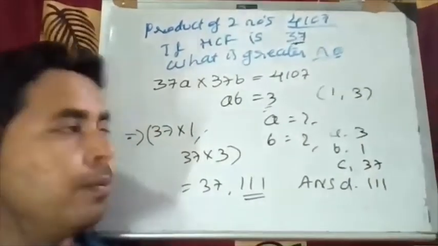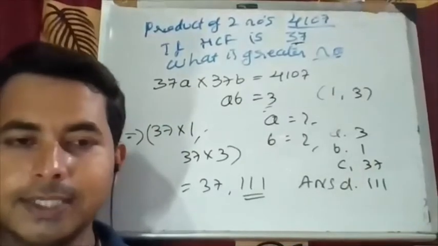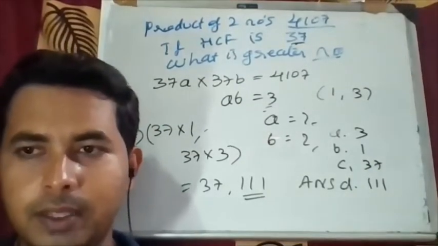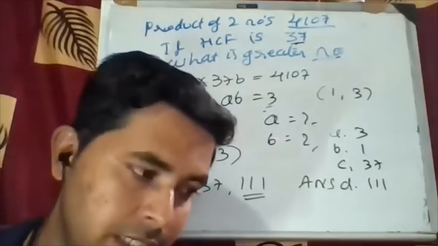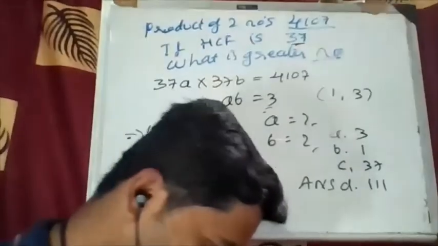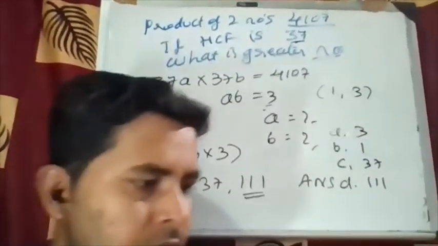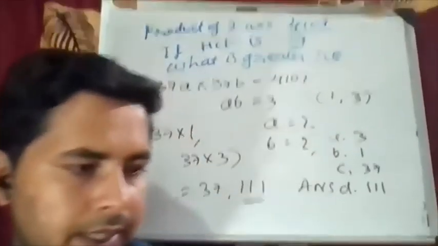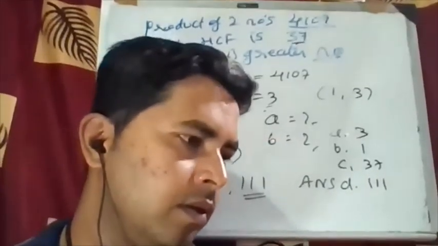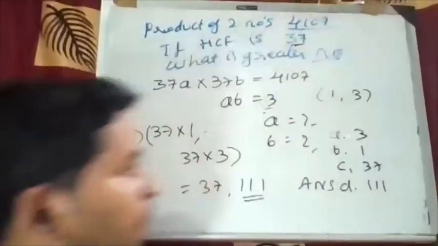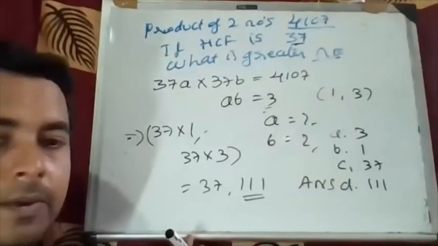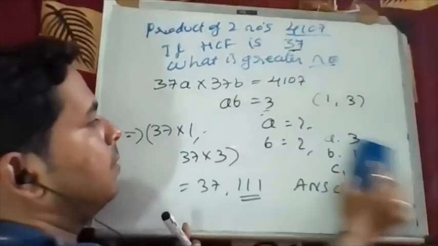So what you people do? You click 3, then it is wrong. 111 is the correct one. Okay, so that way you have to check carefully how to answer. Okay, so just note it down. I'll take few more problems. So I hope you understood this. Okay, so I'll just rub this.